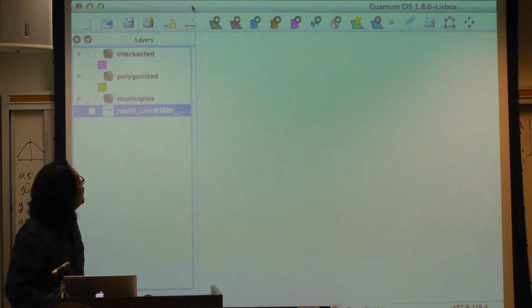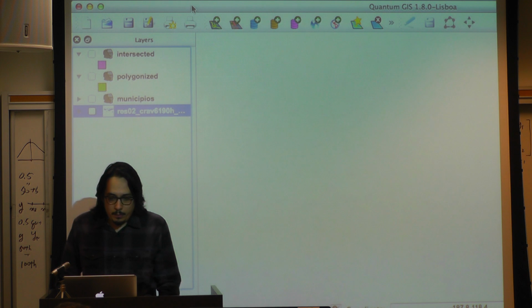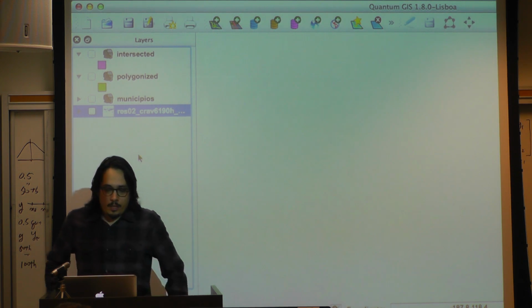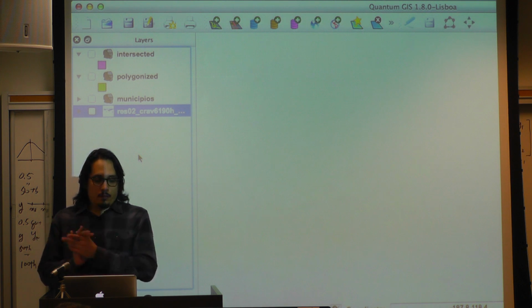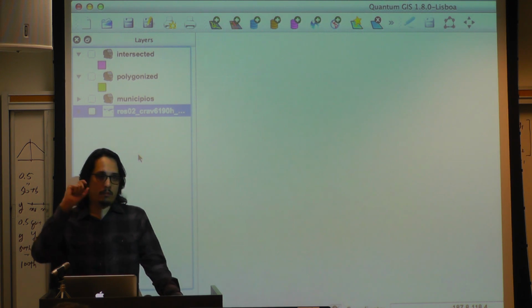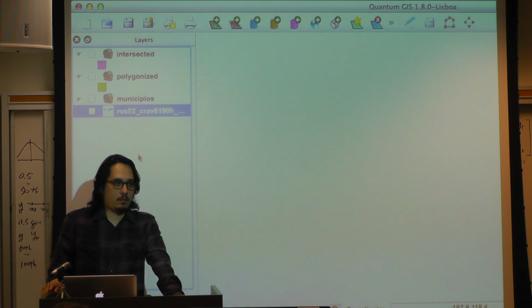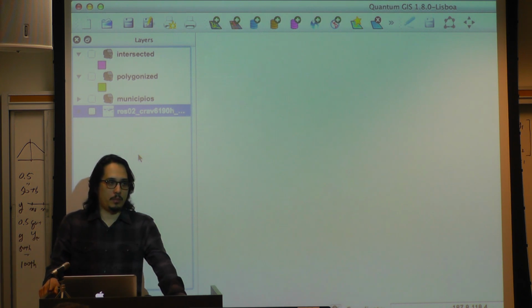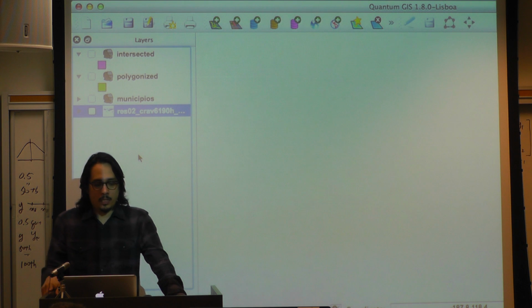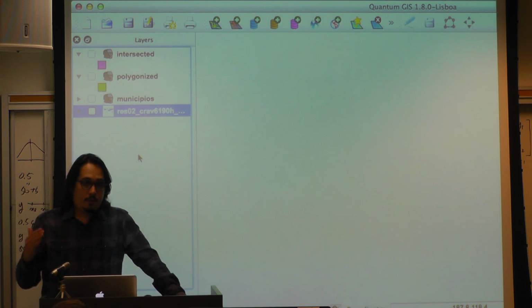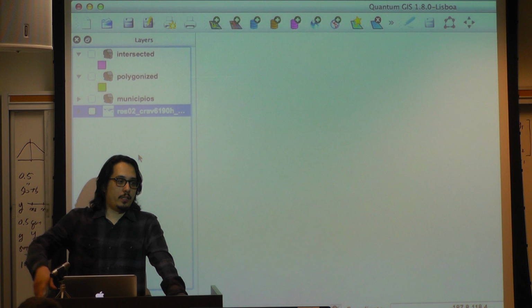The basic thing that I'm going to show you now is how to construct, for the case of Mexico, municipality level measures of terrain suitability for growing corn, which is something I've been working on recently. And so the first step is I went to the FAO website,